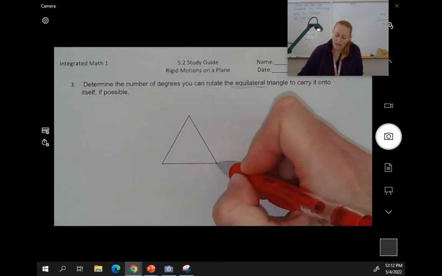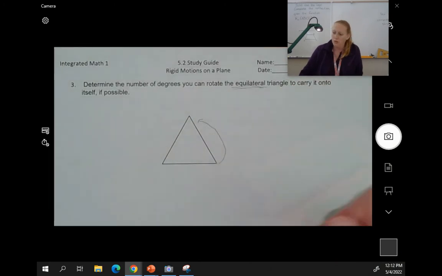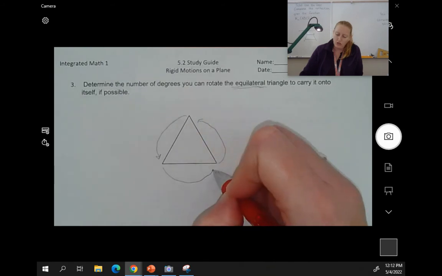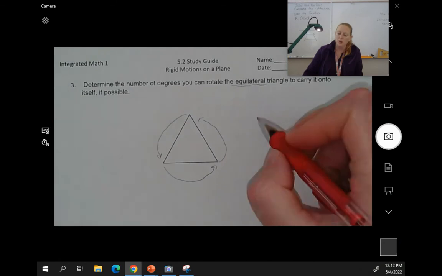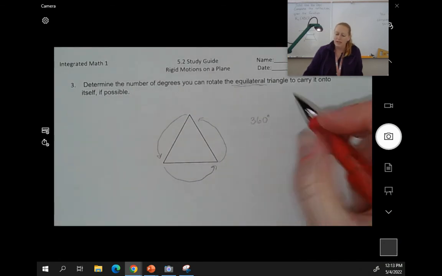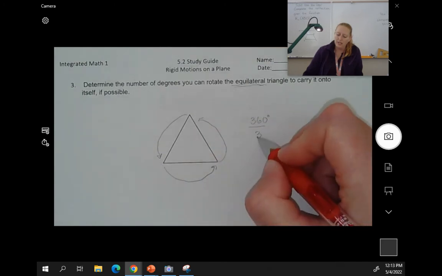So I know that I can do a turn, right? That would work. And another turn, and another turn. 3 turns within that 360. So here's what I'm going to do. I'm going to take my 360 degrees. And since I can do 3 clicks, 1, 2, 3, if I divide that by 3,